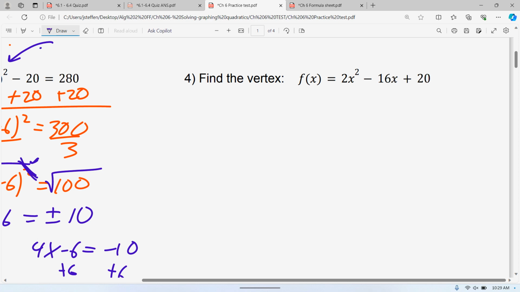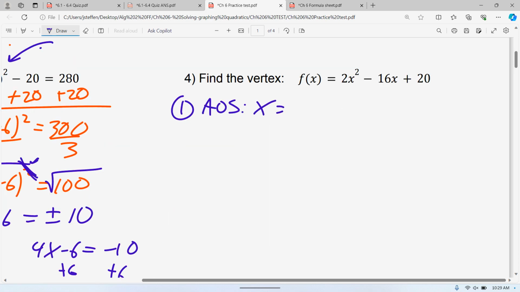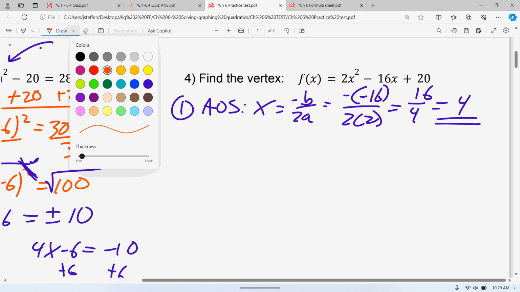Find the vertex of this. So remember, for the vertex, your first step is finding the axis of symmetry. So you need your formula sheet, axis of symmetry. x is equal to negative b over 2 times a. So that's negative negative 16 over 2 times 2, which ends up giving me 4. So that is my axis of symmetry. That's not my vertex. Then to find the rest of my vertex,